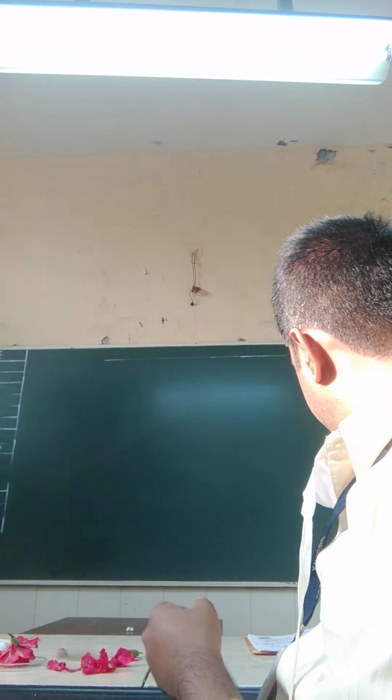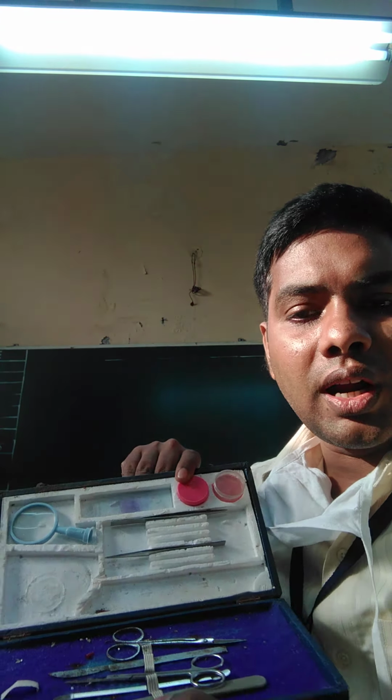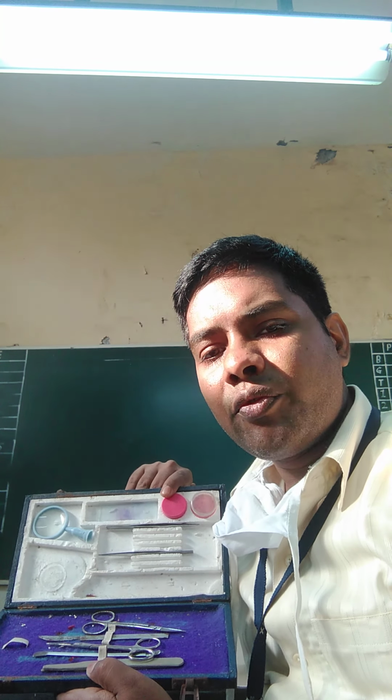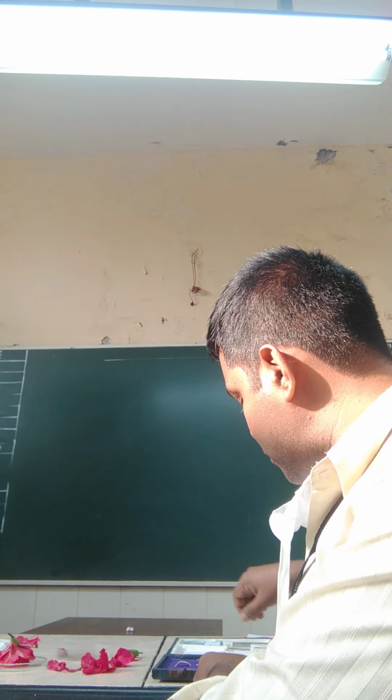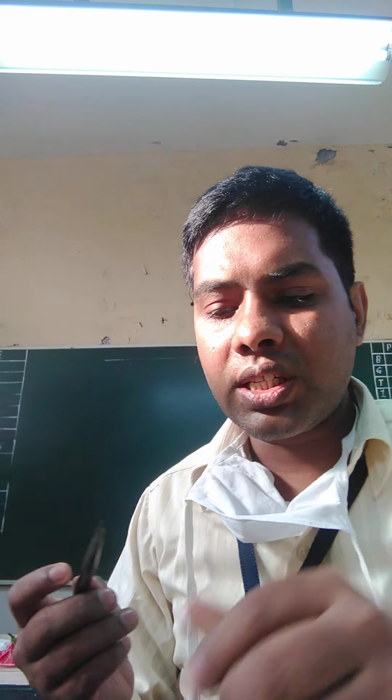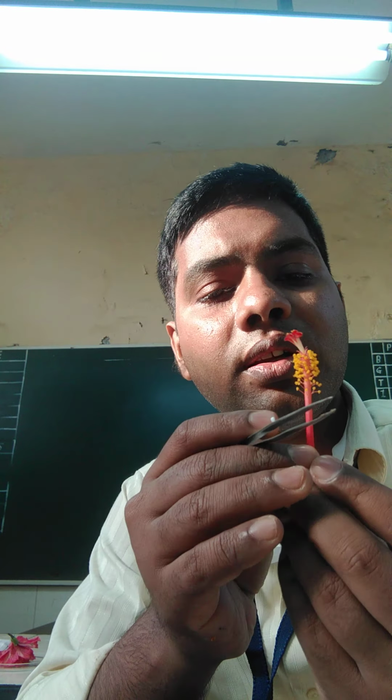See, students, now we are going to cut, and I'll remove this and I'll show you the style which is there inside this. Just a second, students. For this purpose, we have a complete dissection box. Students, you can see this. This is called a dissection box. Here we have different instruments with the help of which we can cut and remove the style, and I'll show you. First, I'll use this pin. Just a second, students. I'll remove this.